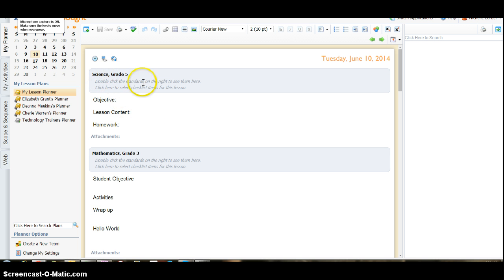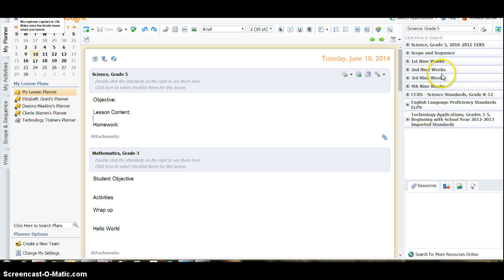First thing, notice my first subject here is Science Grade 5. As soon as I click anywhere within this content area, the bar or the lesson area, you will notice that on the right hand side, the curriculum pane opens up. The curriculum pane is broken into different sections depending on the subject that you teach. For example, here in Science Grade 5, you will see that it is broken into first, second, third, fourth, 9